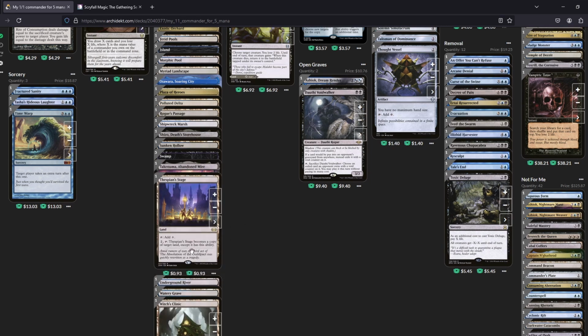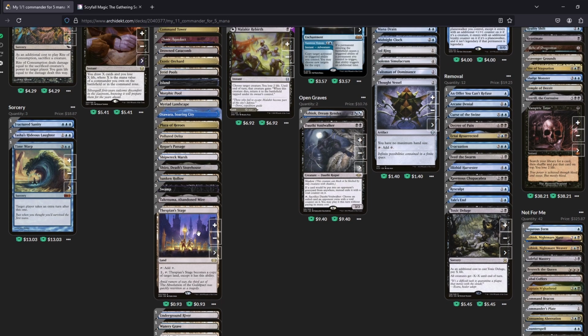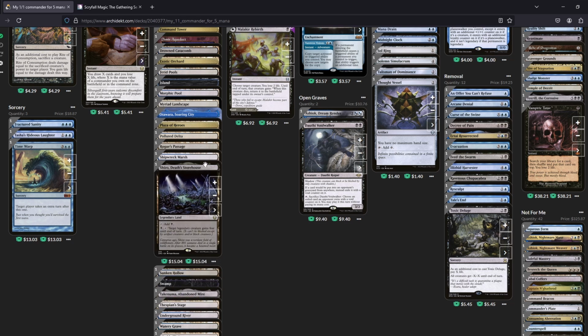Thespian's Stage is always just a nice card in general. One, pay two, tap: becomes a copy of target land, except it has this ability. Okay, Vault of the Archangel, maybe for one of my opponents. Maybe they have a Reliquary Tower and have a lot of cards in hand. So it's serviceable. Shizo also unfortunately has jumped back up in price, but look for a reprint on this one,